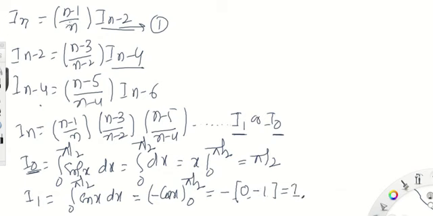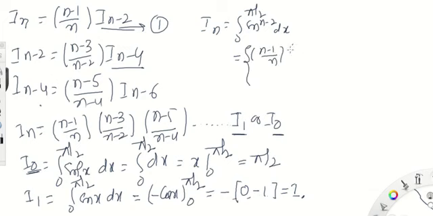Clearly, when we continue the recurrence of this result, I_n = (n-1)/n × I_{n-2}, similarly we can conclude the result. What is the final result for this? I_n is equal to the integration from 0 to pi/2 of sine to the power of n-2 x dx. It can be written finally as (n-1)/n, you can write like this, into (n-3)/(n-2). We can continue like this. We take two cases.